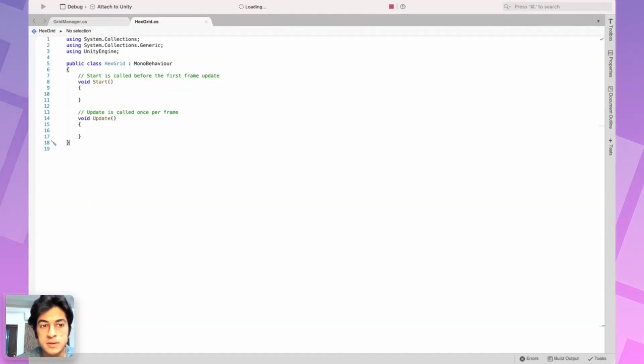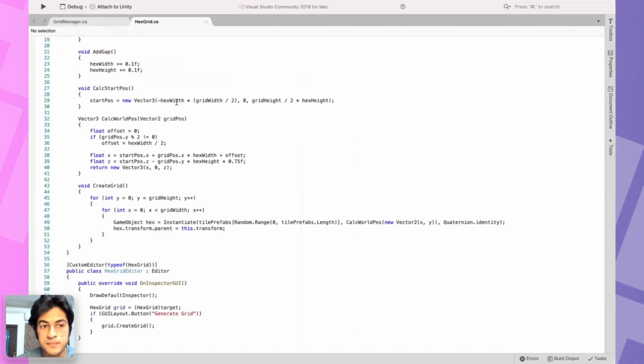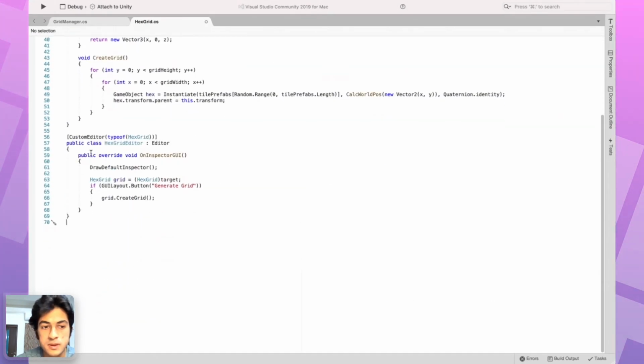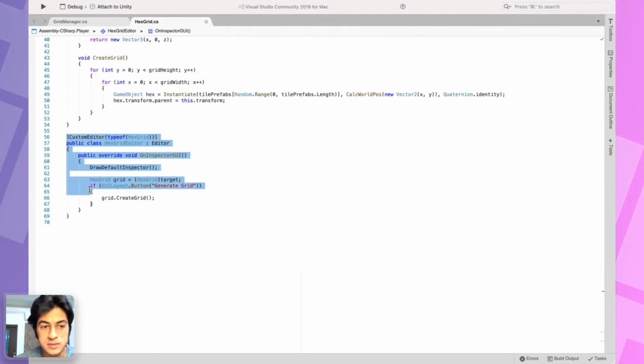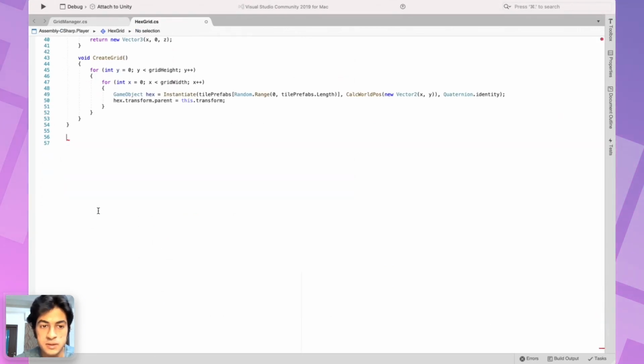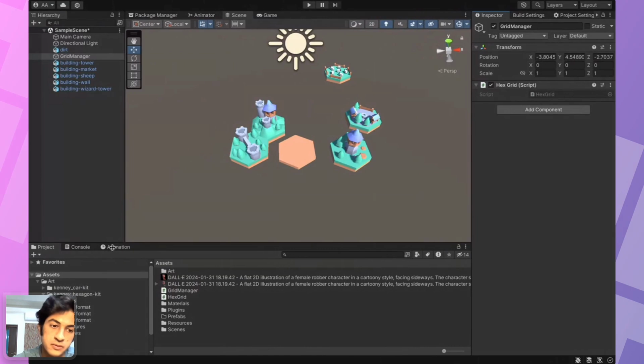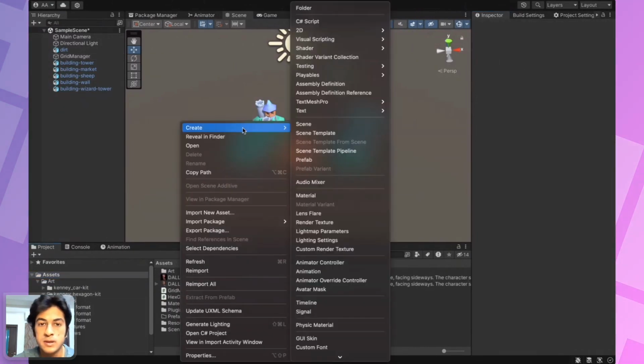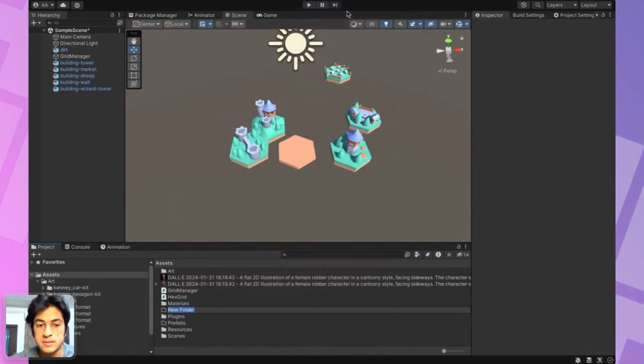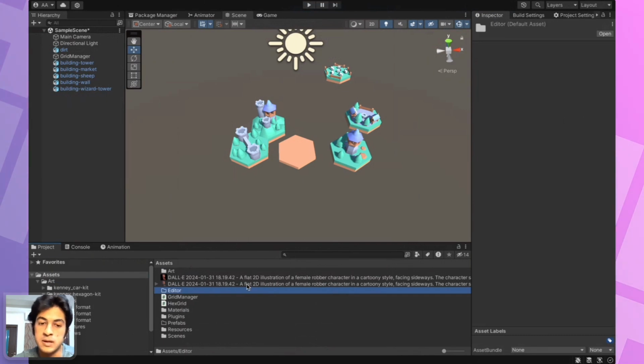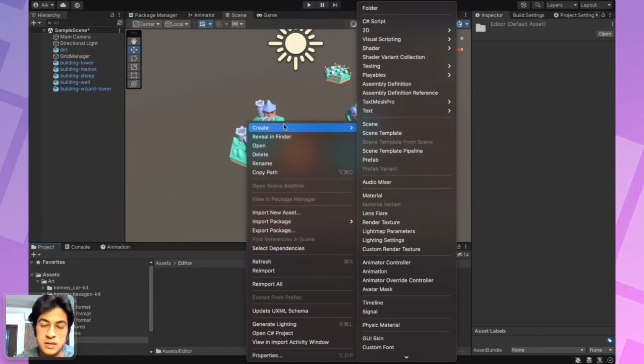Okay, let's go to hex grid. We don't need this since this is another editor script that goes in the editor folder. So let's create an editor folder. This is where all the editor based scripts should be set up, so they can run in edit mode and not in the actual game.